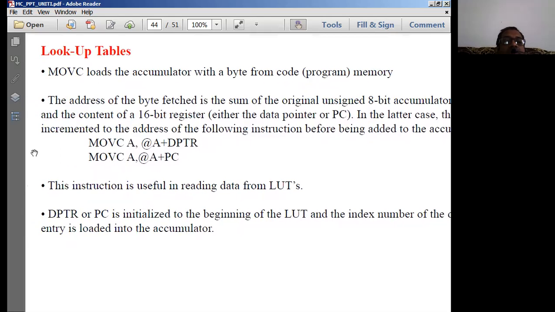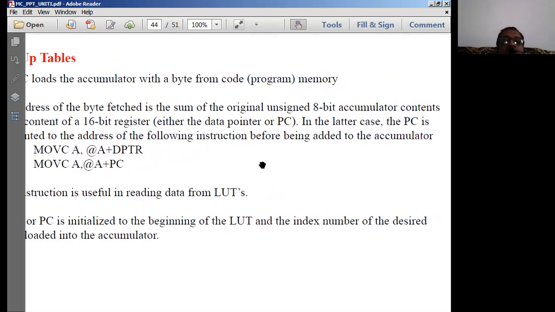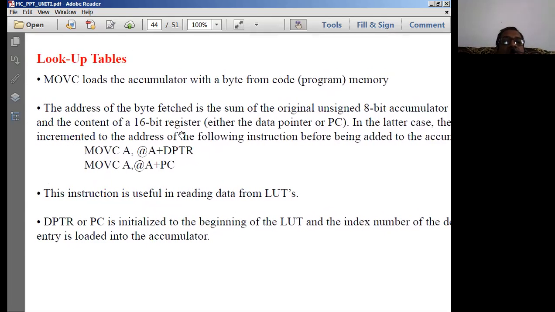Now let us see how this instruction is used with DPTR and the program counter, similar to the previous program we did. It is used as MOVC A, @A+DPTR. That means the address of the byte fetched is the sum of the original unsigned 8-bit accumulator contents and the contents of the 16-bit register. The contents of the accumulator are taken as the offset address.